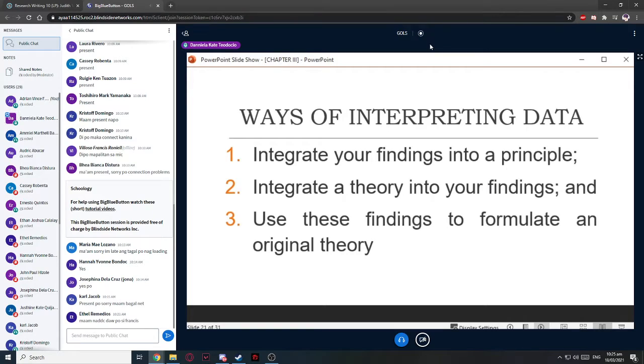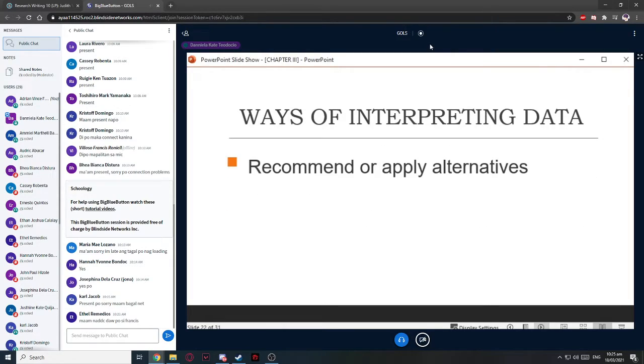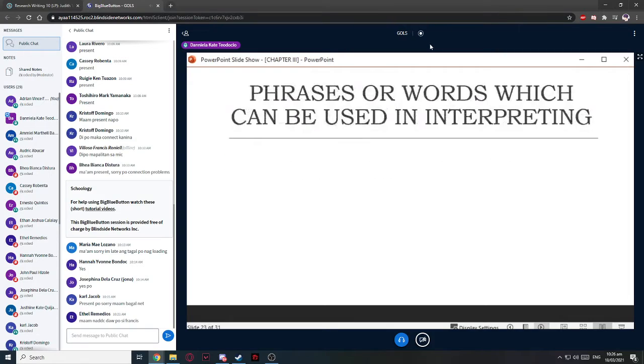Now, here are the ways of integrating or the things that you can integrate. First, integrate your findings to a principle. Second, integrate a theory into your findings. And third, use the findings to formulate an original theory. The next one, we should recommend and apply alternatives. And with that, we should know the phrases or words which we can use in interpreting our tables, our text,